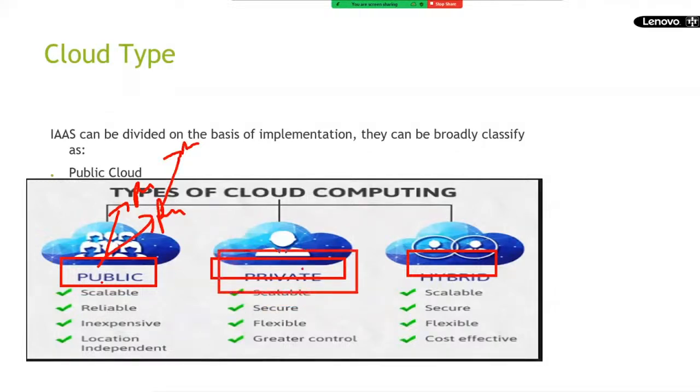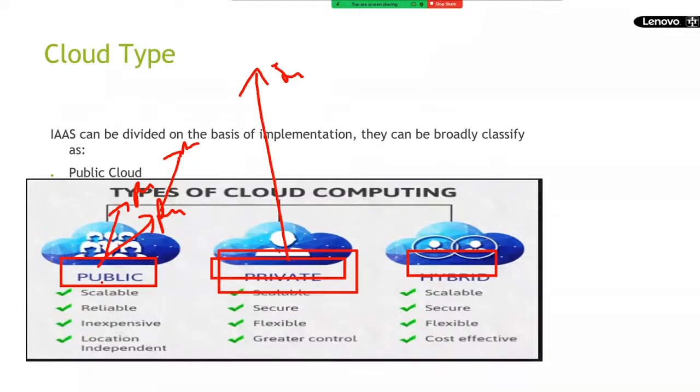Private means the services can be accessed within the corporate network. Say you go to the TCS office and connect to the TCS network. While you are on TCS premises, you will be able to access all the information. Once you come out of that network, you will not be able to access anything, right? That is what private is.